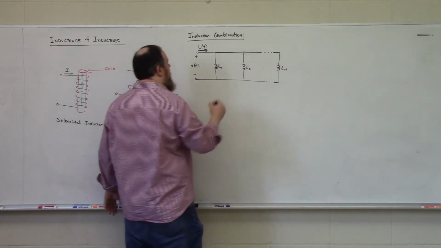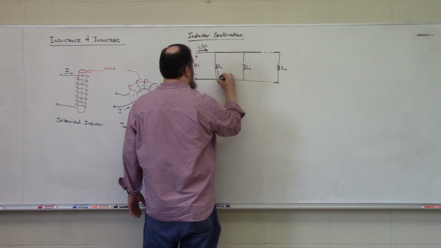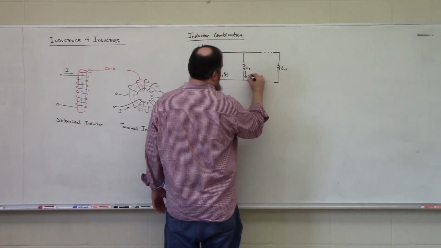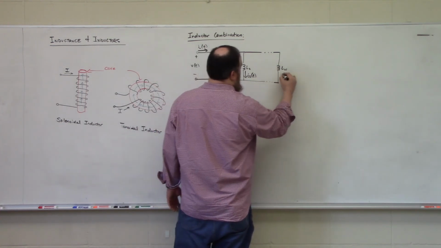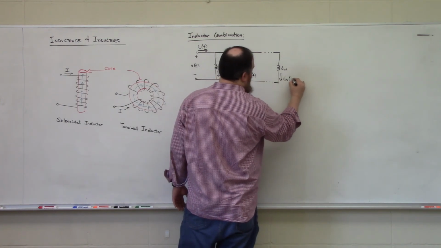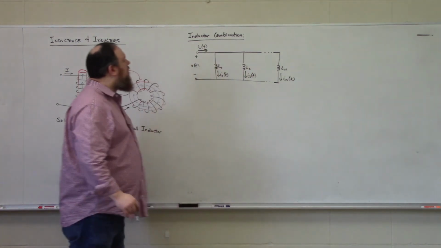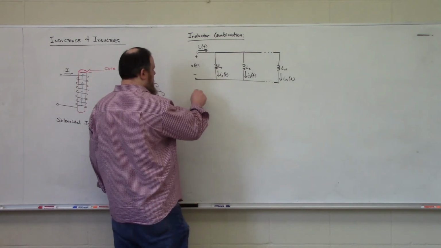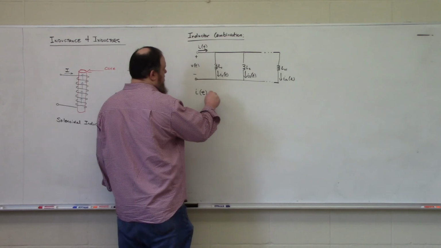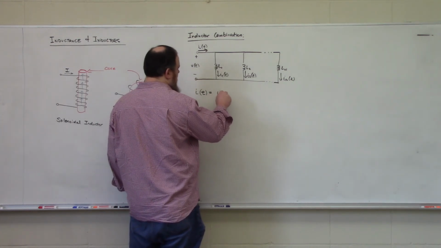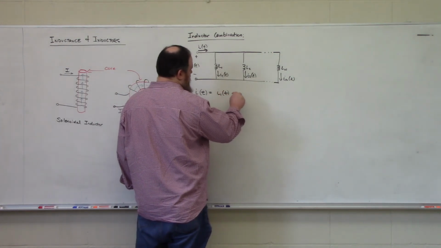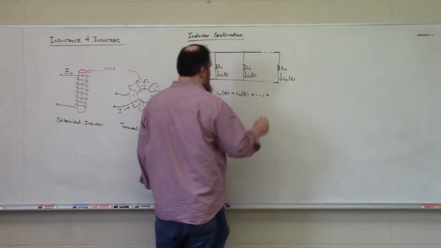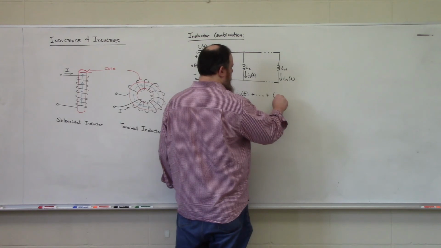We should see that that current I of t splits among the inductors. So this would be I1, I2, all the way out to IN. Performing Kirchhoff's current law at the top node gives us I of t is equal to I1 plus I2 plus IN,